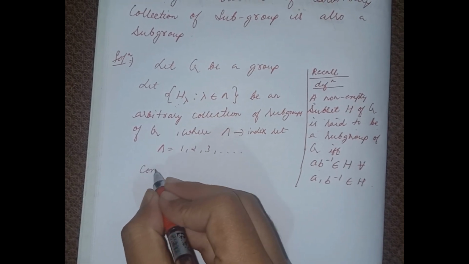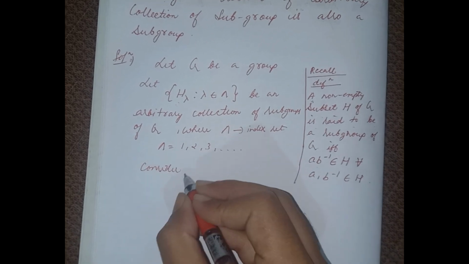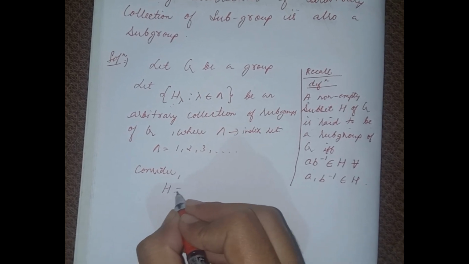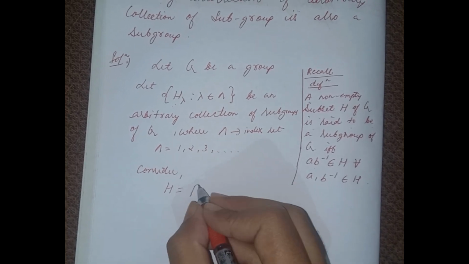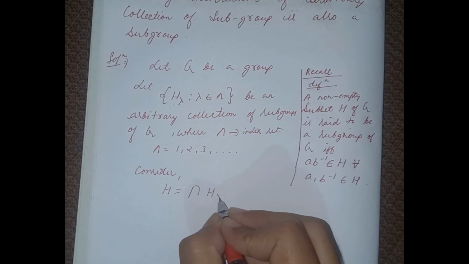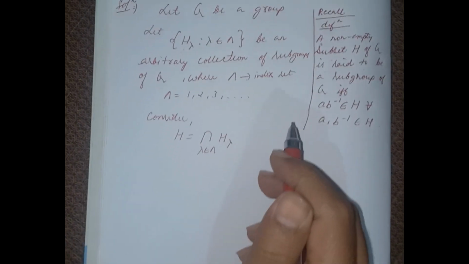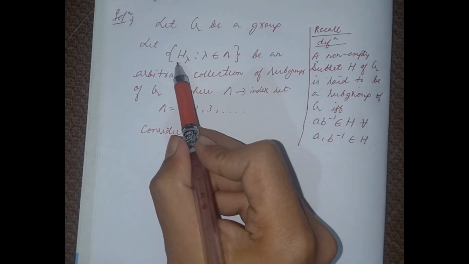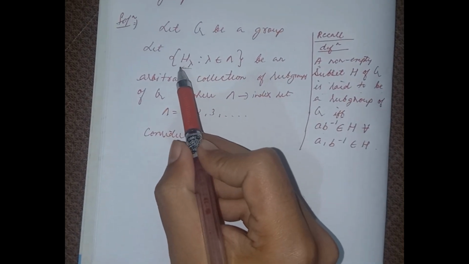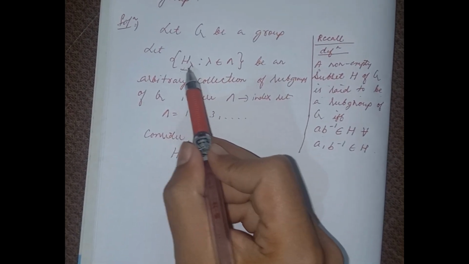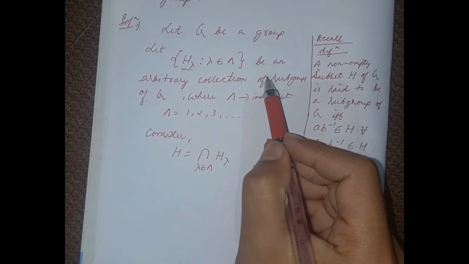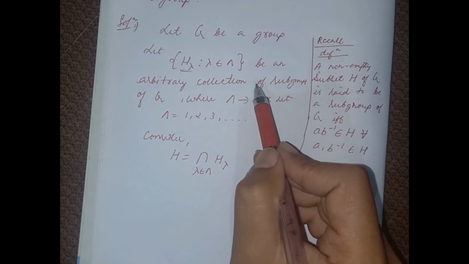Now consider H, which we will take as the intersection of H lambda. Since all the H lambdas in this collection are subgroups of G,